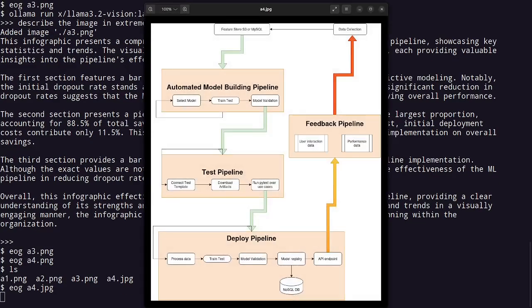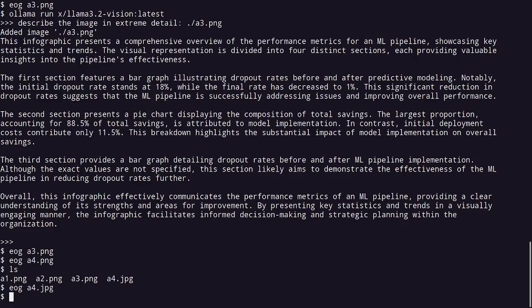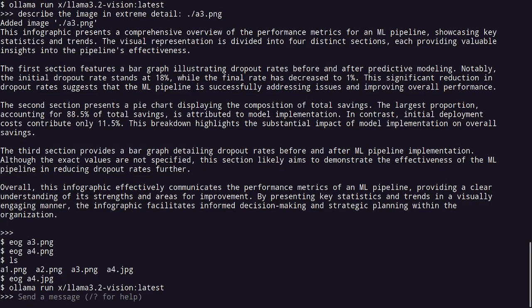Okay, let's see what is the next image. Oh, this is a more involved one. This is essentially the machine learning pipeline whose performance chart we just analyzed. So this is a very complicated machine learning pipeline, multiple steps. It will take a moment even for a human being to analyze and write down everything. Let's see how the model does. Let's go back. It might need a few steps.